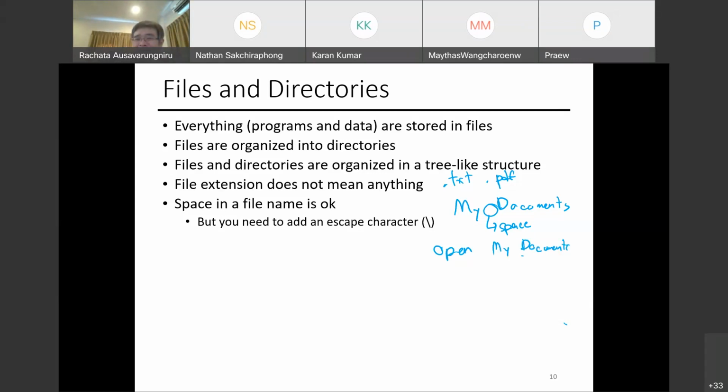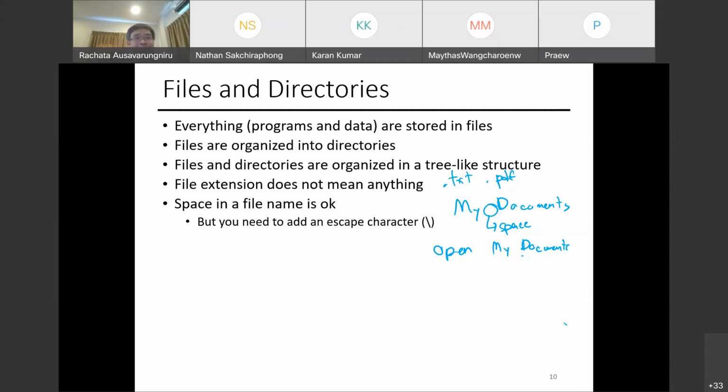How can I tell whether this is one file called my document, or two separate files? The first file is called my, the second file is called document. Can I tell the difference if I don't do anything? No. Awesome, the answer no is correct.